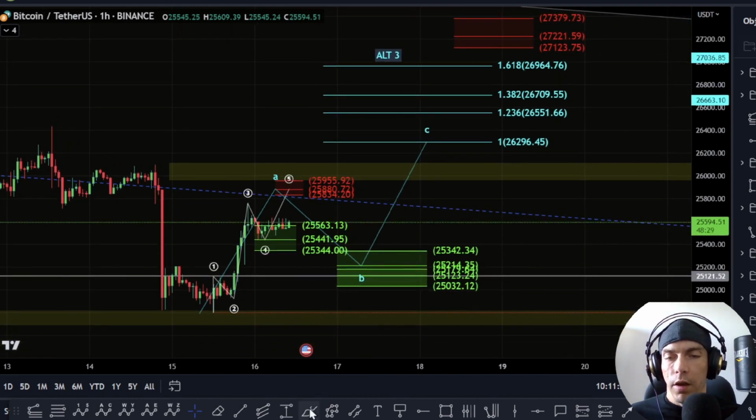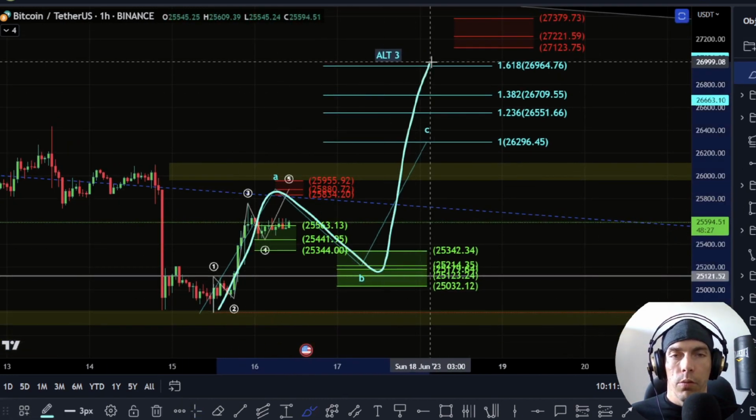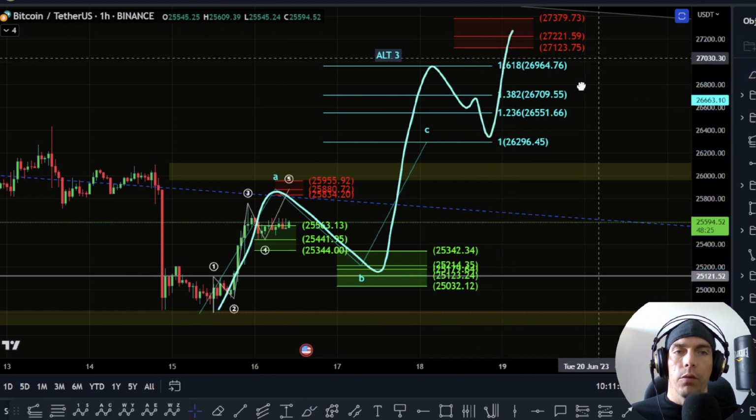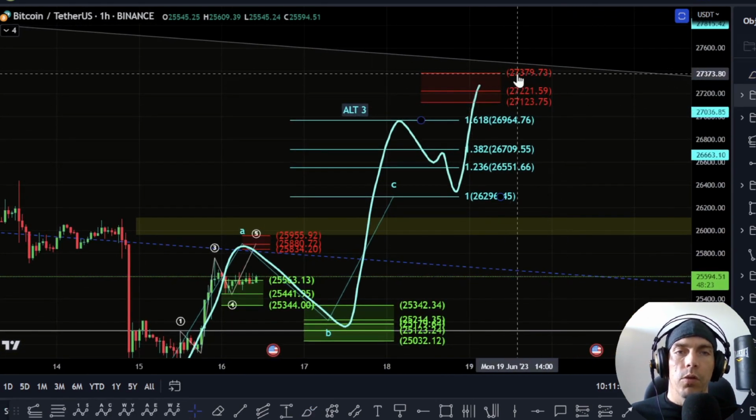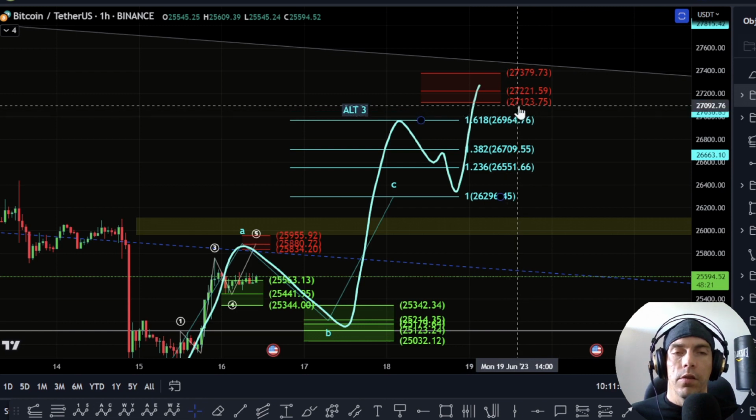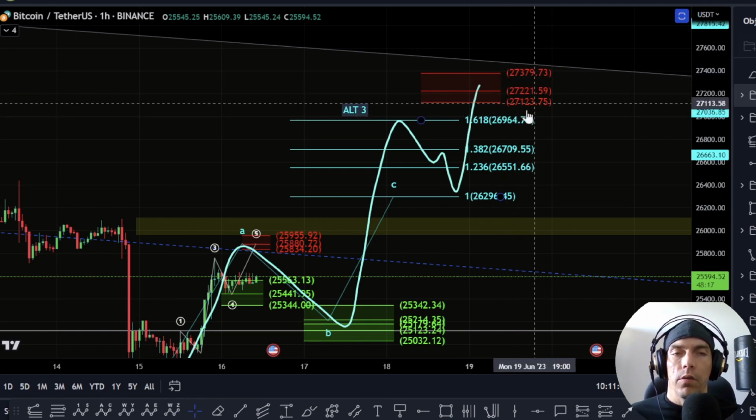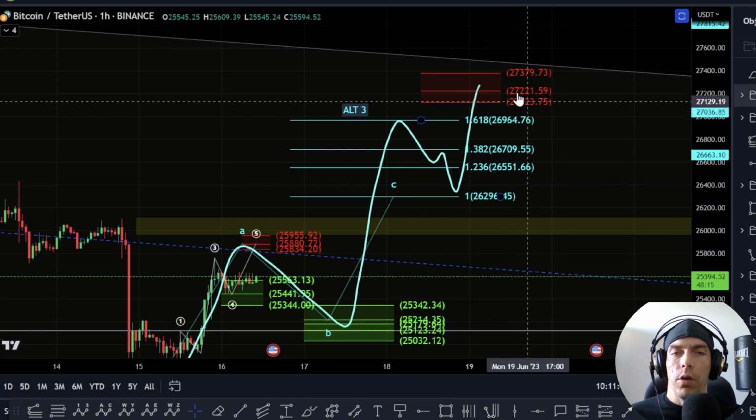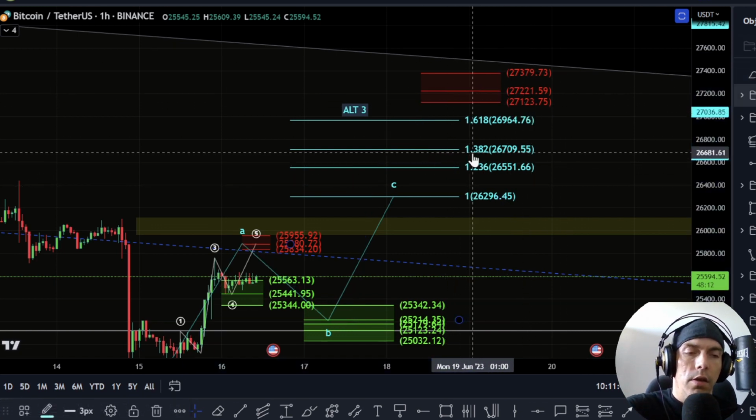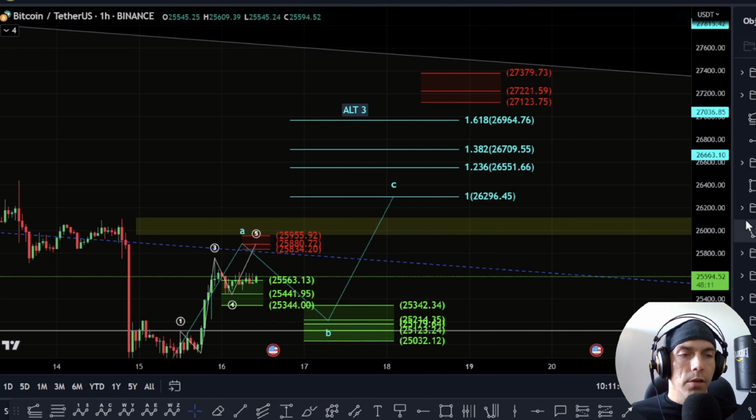This could tie in with that idea of this being 1, 2, 3, looking for a 4th wave down, then a 5th wave, looking to bring us up here towards this 27,397, 27,379 to this 27,123. So this would tie into that idea of this being a flat correction here, because if